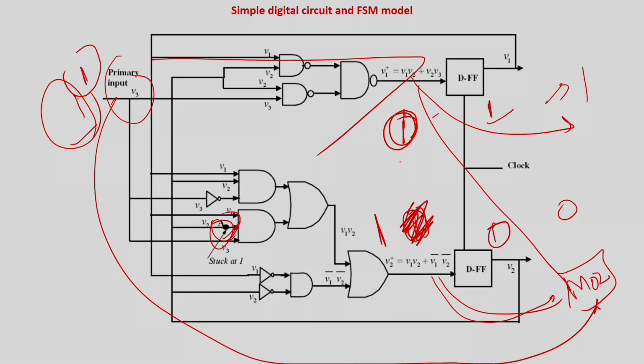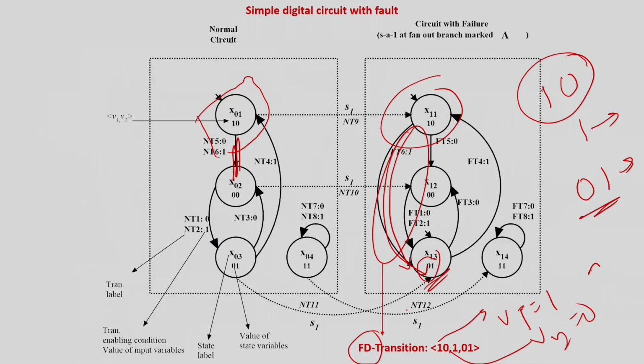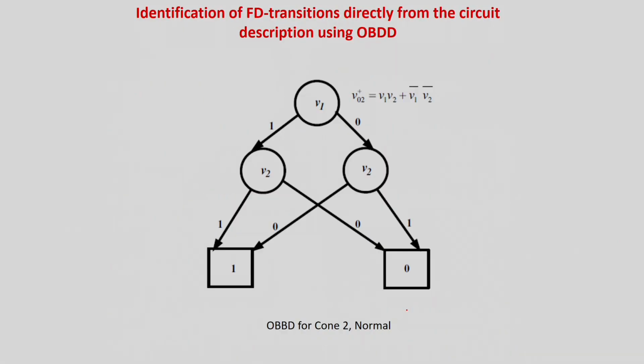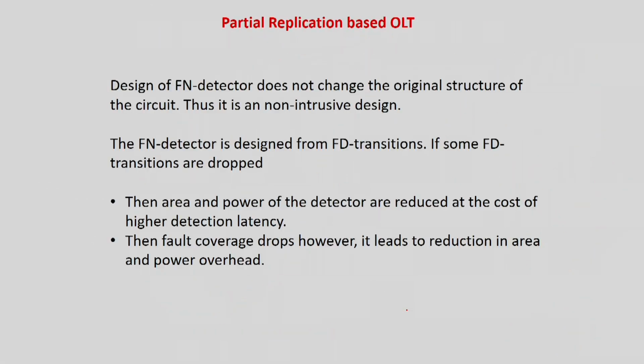You have to just apply this value to the circuit and you can find out what the error output is. So in this case it is a 0 over here. If you apply this, you can easily test it and the answer is a 1 over here. Had it been normal, you would get the value of a 0 over here. So very simply, you do not have to go to the finite state machine at all. So what am I going to do? I am going to take the normal condition, because this is the cone I am interested in over here.